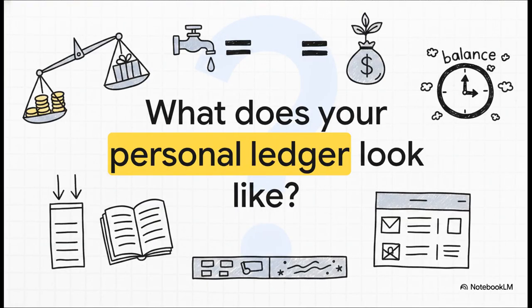Which brings us to a really fascinating final thought. If every financial action requires an equal and opposite reaction, what does your own personal ledger look like? I'll leave you to ponder this as we wrap up our explainer today. If this strict, unrelenting law of universal balance is required to keep a simple business healthy and truthful, how balanced are the giving and receiving aspects of your own daily life?